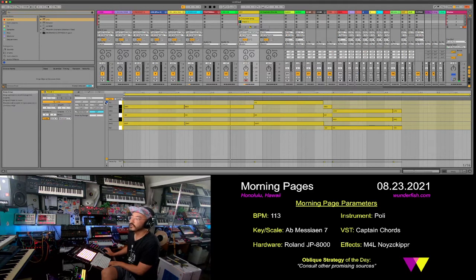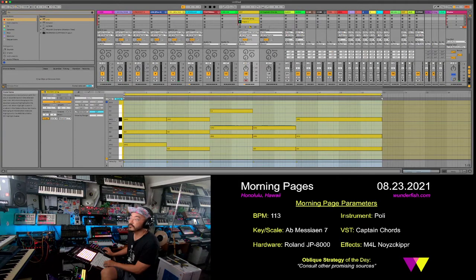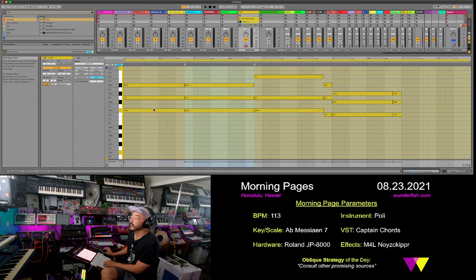And actually, yeah, let's kind of change this because Captain Chords didn't have, but luckily, look, all of these notes that we have are currently in that Messiaen scale, so using the harmonic minor helped. But we can move these around. We'll go ahead and just have a